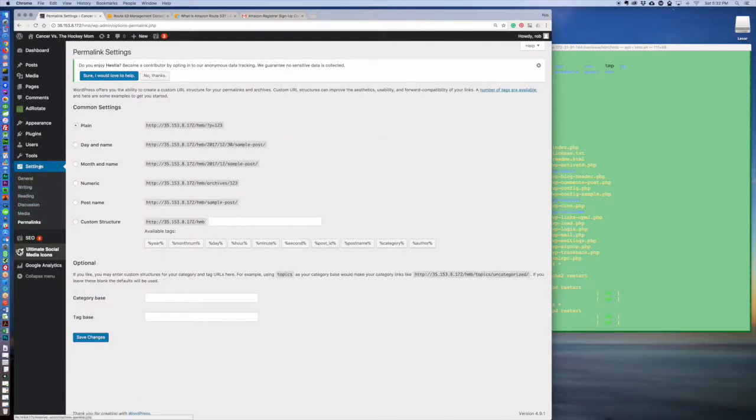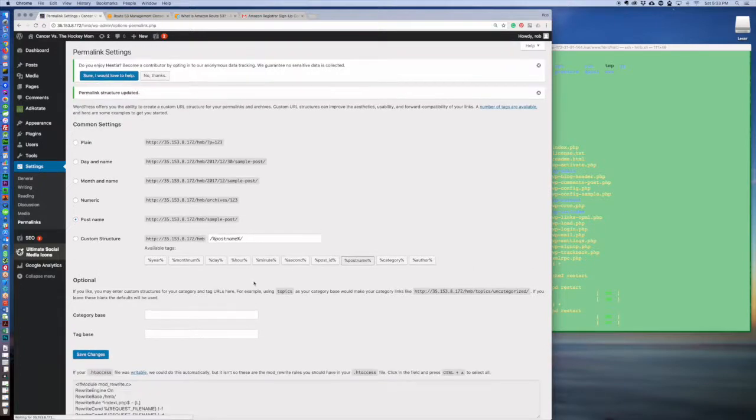When I do permalinks, if I go settings, permalinks, there's these different links. This is the one we've got right now. So it's got basically the name of my site and then the post number and an ID. I can do it with a day and name. I can do it a month and name. I can do numeric, or I can do it by post name. I like post name because then it gives me something like HMB/my first post. It's much more SEO friendly. And when I do that,